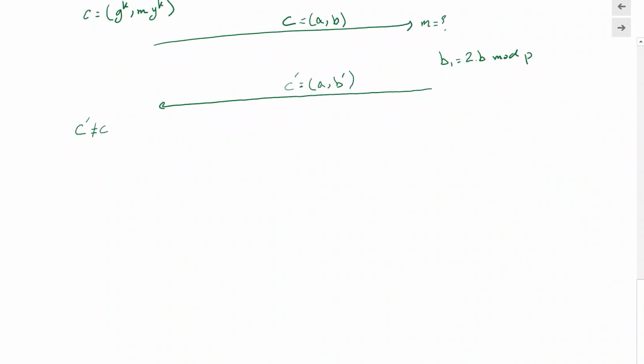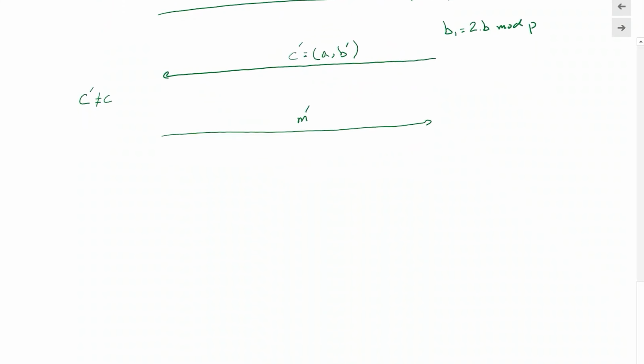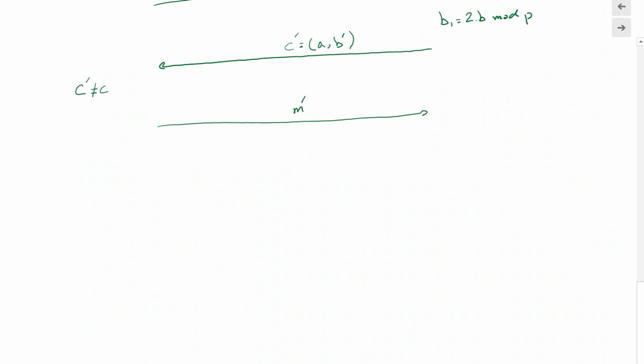Therefore, he would decrypt this message and send the corresponding message M prime for this request back to the adversary. So remember here that C prime is not equal to C, because